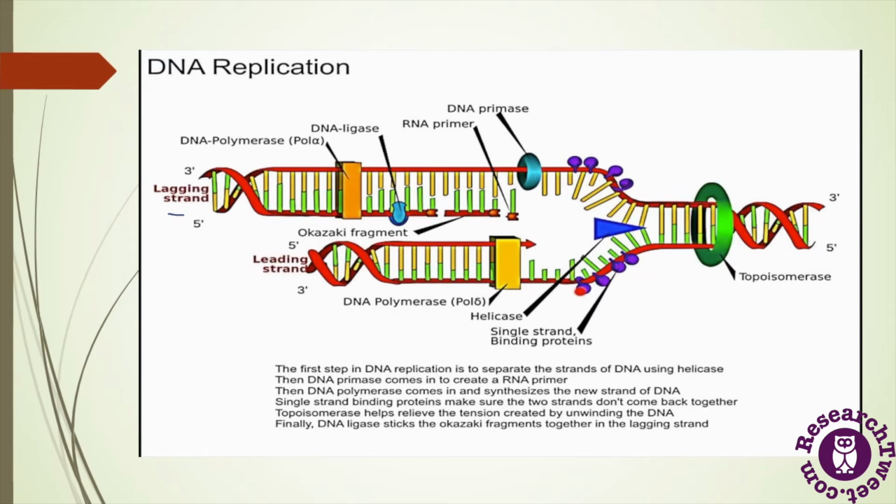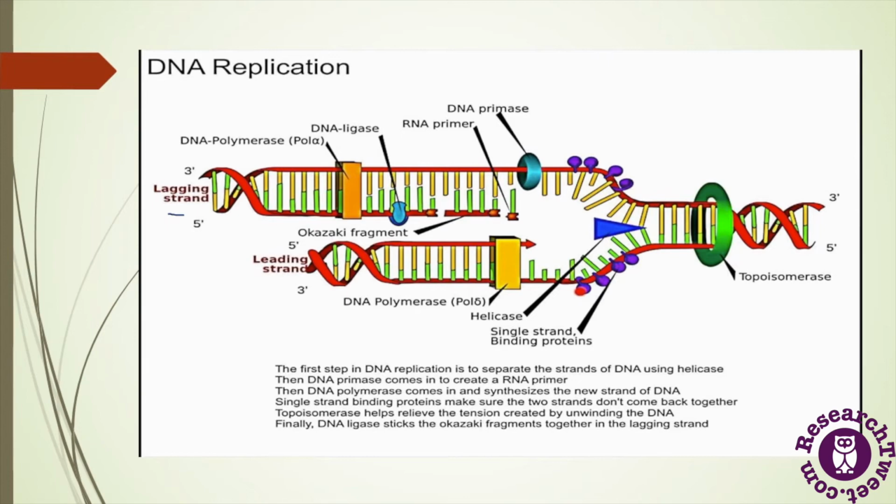Now DNA replication is completed with the help of the enzyme DNA polymerase. DNA polymerase has the ability to join new nucleotides to the template strand in the daughter strand. But DNA polymerase only has the ability to elongate existing primer strands of DNA or RNA. So first, the RNA primer is synthesized and binds with the 3' end of the DNA strand, and then DNA polymerase elongates the DNA chain.